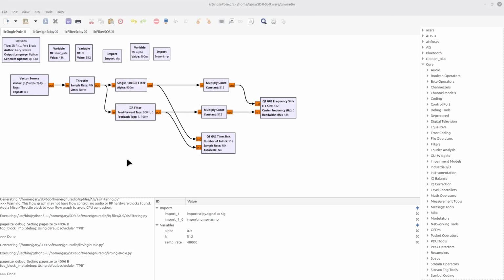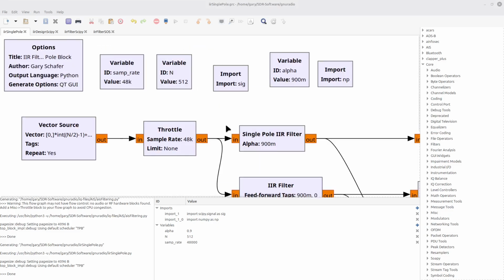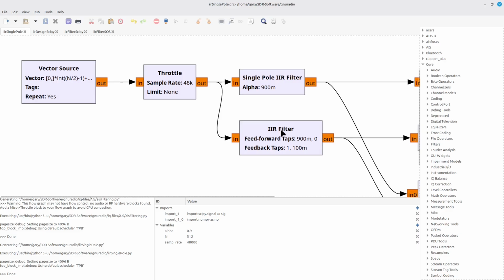GNU Radio Companion only provides 2 blocks directly related to IIR filters. These are the single-pole IIR filter and the one just called the IIR filter. Both implement an IIR filter. We'll start with the single-pole IIR filter first. It has a single parameter, the alpha value. This is a value between 0 and 1. This value controls how quickly an impulse will die away,